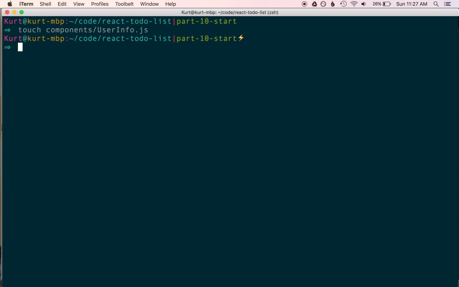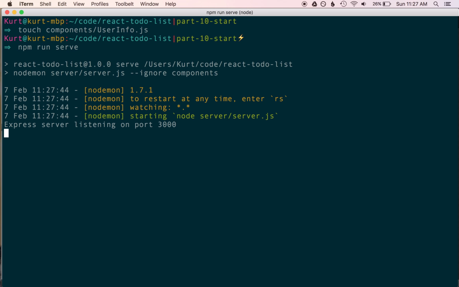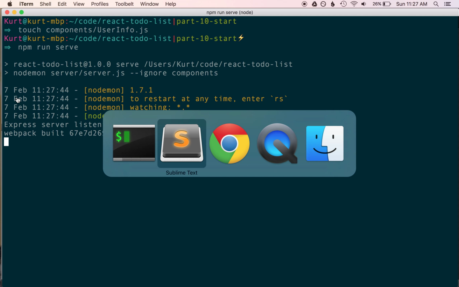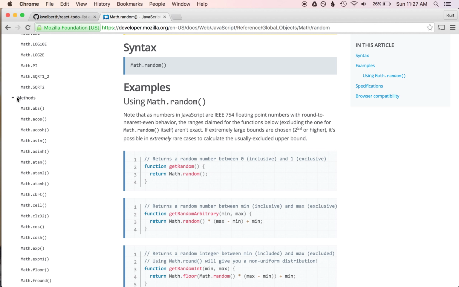Let's see what we got. I'm not sure if I did everything. I went through this pretty fast. I'm not trying to explain everything I'm doing here. What I'm trying to do is set up an app that's complicated enough where we have 2 properties on the state tree. We have our to-dos and we have our user info. Once it's set up, then we'll get into more of the specifics of how to actually